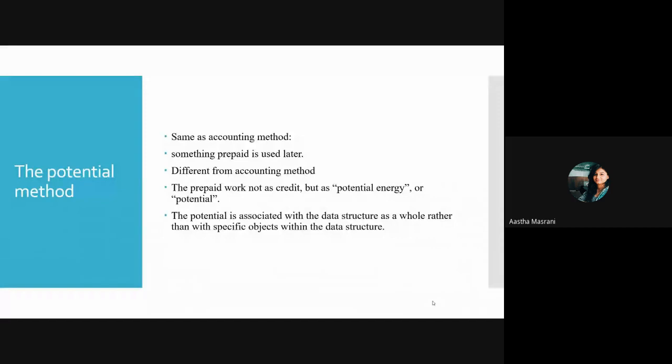So till now, we were in the accounting method. In the accounting method, we were assigning the cost to the operations. How that cost came, that we will be learning in the potential method by taking the reference of it. What is the difference between the accounting method and the potential method? When we are going for the potential method, it gives the cost to the whole data structure.